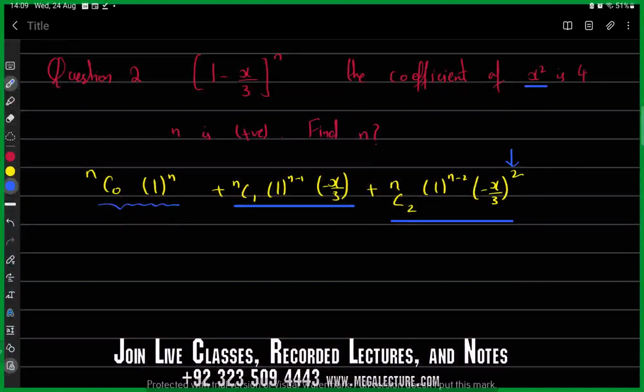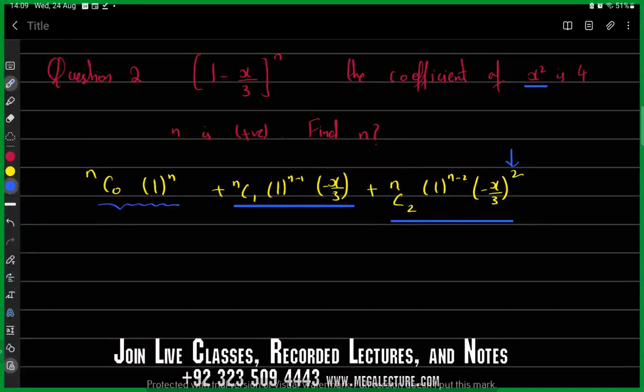So again, we have a formula of similar type that we need to use every time to find that specific term, because the examiner is only going to ask you for that specific term. Yes, he can ask you to expand in general as well, but most of the time he is going to ask you about